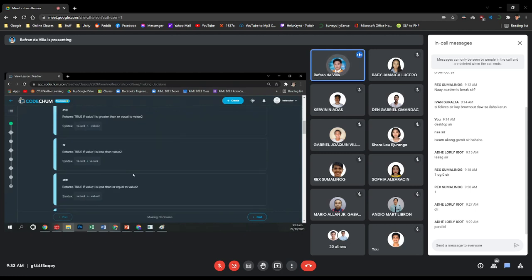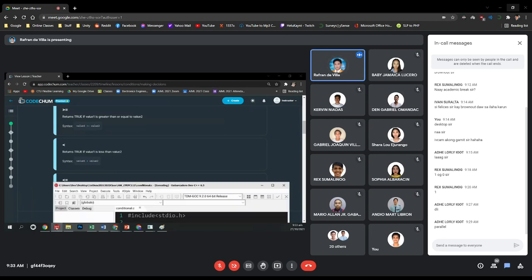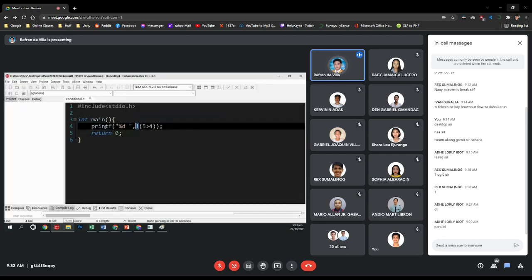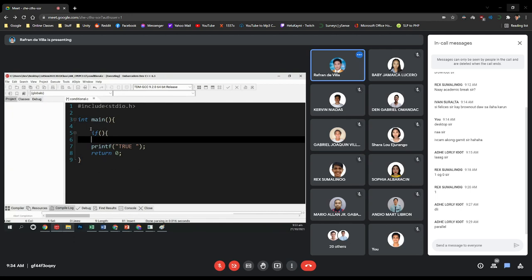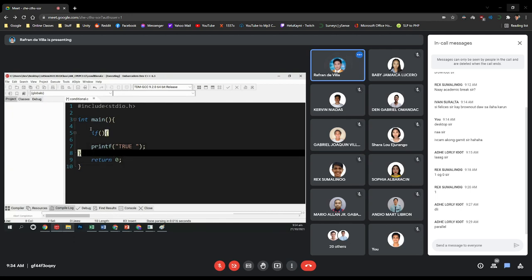Okay, so actually it is not strict with regards to that one as long as it sees a numerical value. Okay? So let's say I don't use an operator, I'll just put there a constant value of either 1 or 0. Okay? So I'll put this one for instance. True. Okay? So I use if. Okay? And then